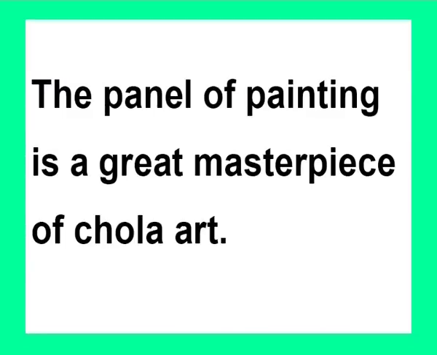Some miniature feminine figures are also painted on the opposite wall. In the whole northern wall, the theme relating to Tripurantaka is painted. The entire panel of painting is a great masterpiece of Chola art. The paintings in the Brihadishwara temple constitute the most valuable document of the early Chola paintings. The paintings in the Tanjore temple are a standing monument of the Chola contribution to painting. The Chola paintings reveal to us the lifestyle, the grandeur and the culture of the Chola times.